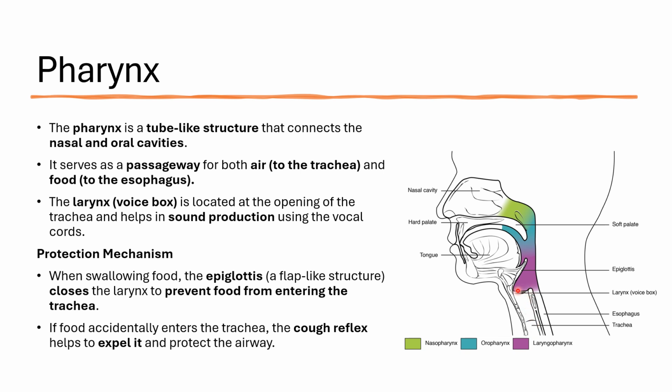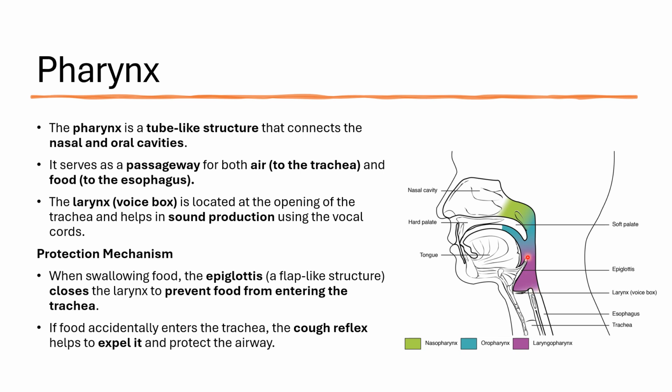Larynx, or your voice box, is located at the opening of your trachea, and it helps in sound production using the vocal cords. So that's why we need the voice box to speak. It helps in sound production. And there's also a protection mechanism here